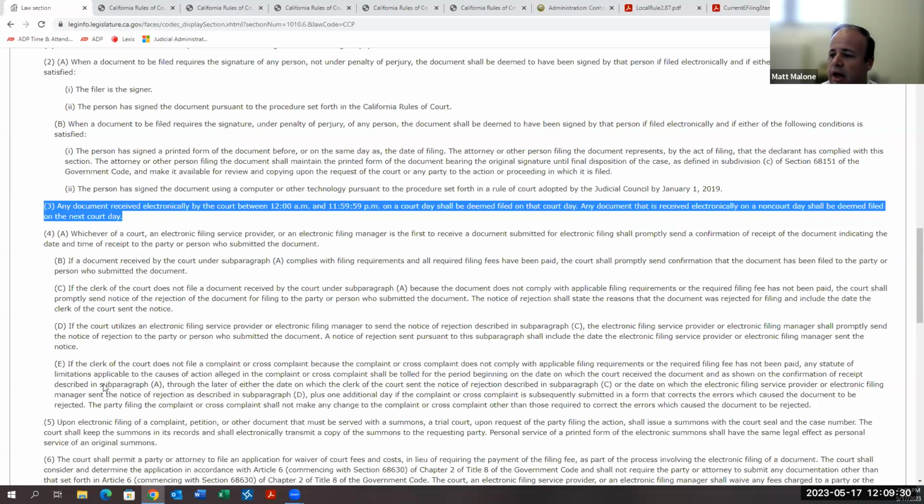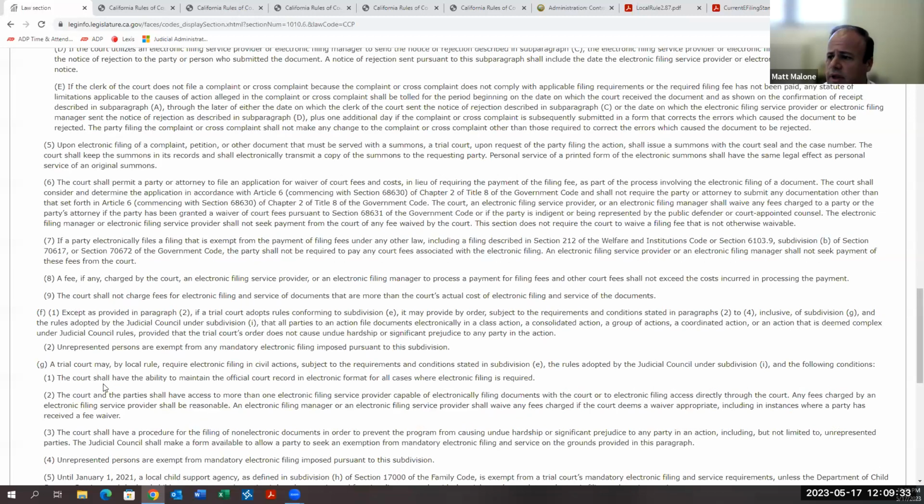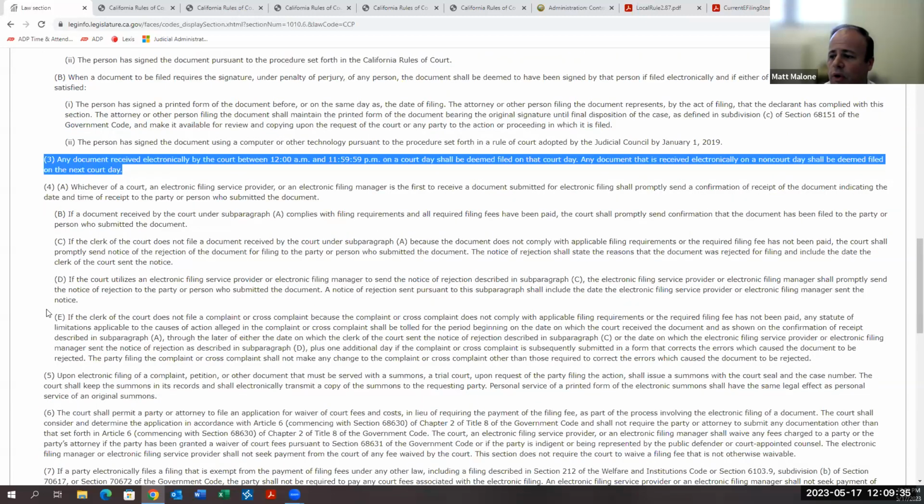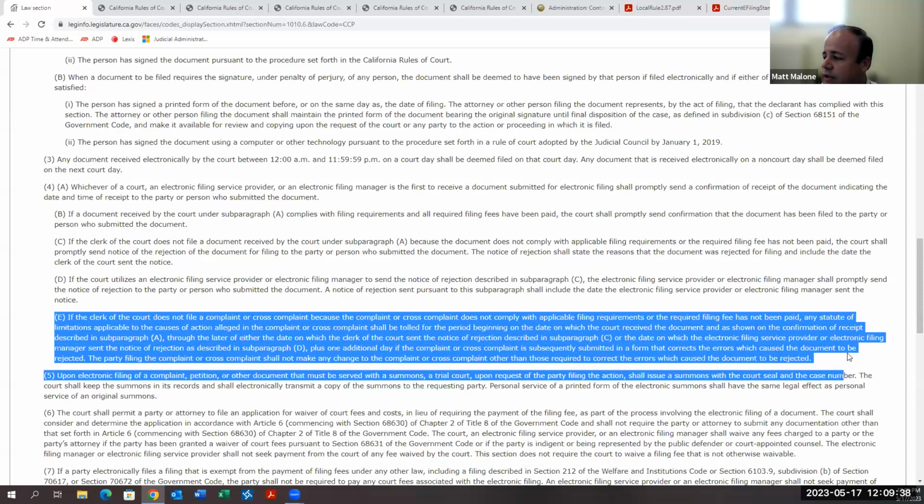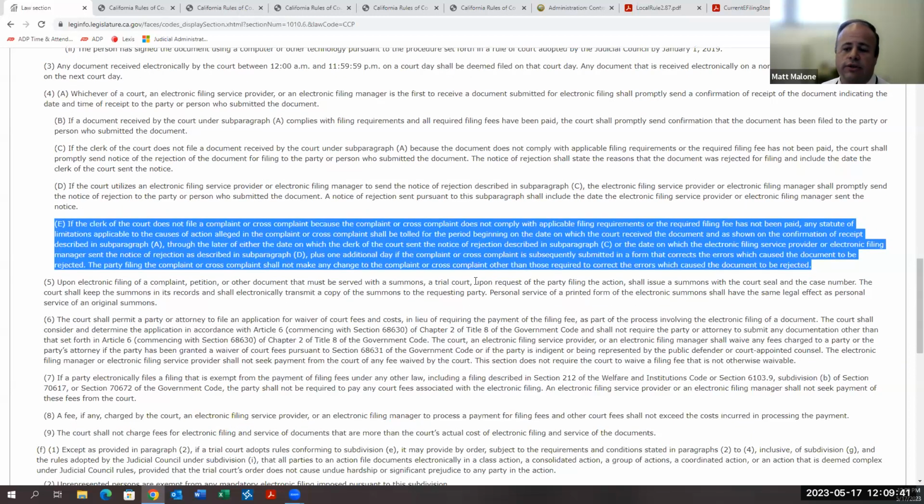The last thing I'm going to talk about on this statute is 4E. We get a lot of questions about statutes of limitation and concerns about what happens when my filing is rejected if I'm filing when the statute is about to run. As I know as a former practitioner in private practice, a lot of issues arise if these kinds of deadlines get missed. This is your provision on tolling of statutes of limitation for the filing of complaints and cross complaints where statutes of limitation are at issue.